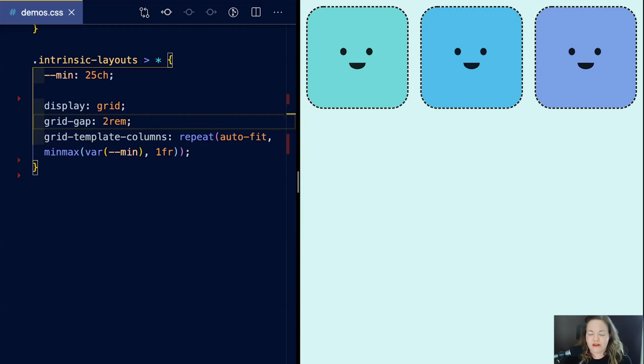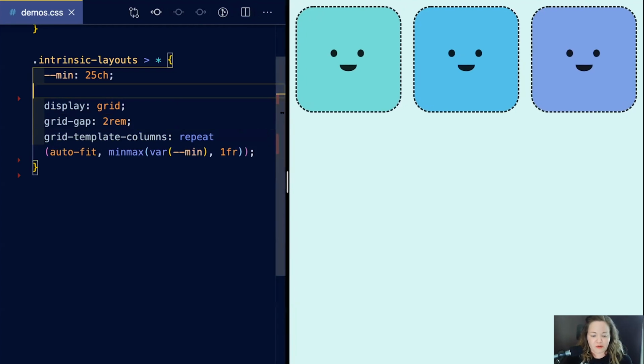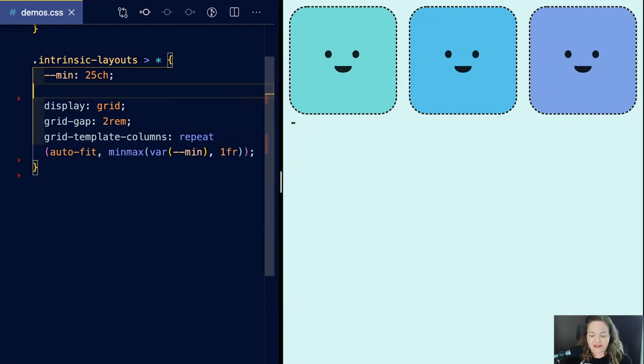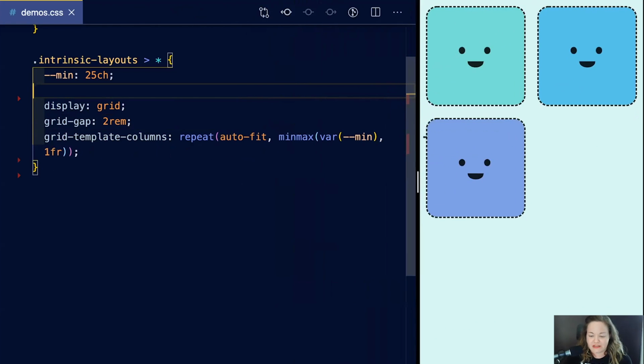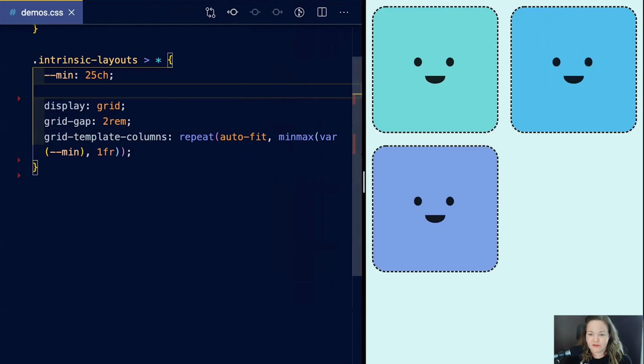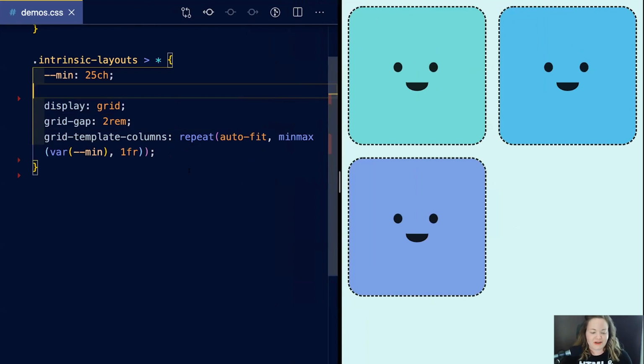Oh, talking about benefits. Yeah, it depends on your scenario. So everything's going to depend on your scenario, right? So if you do need more control over that breakpoint behavior, then absolutely you would still continue to use media queries. But there's definitely options or opportunities to use this behavior when you're not too worried about the